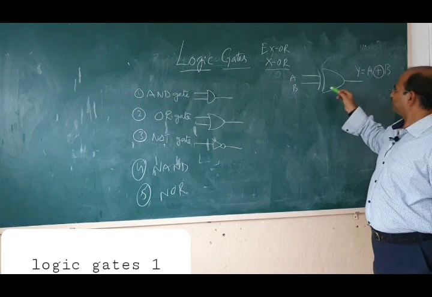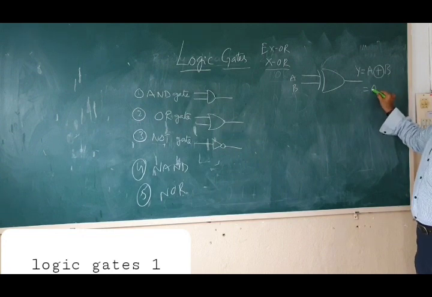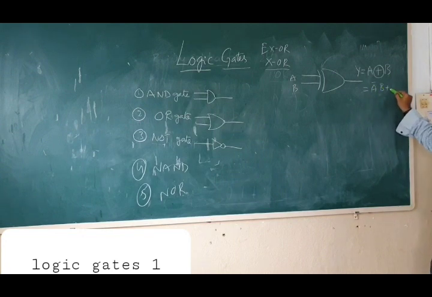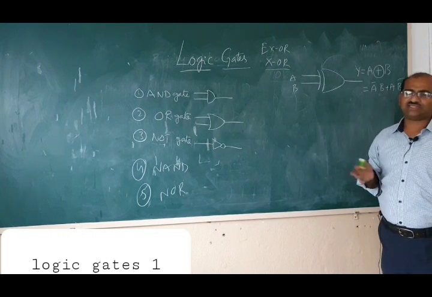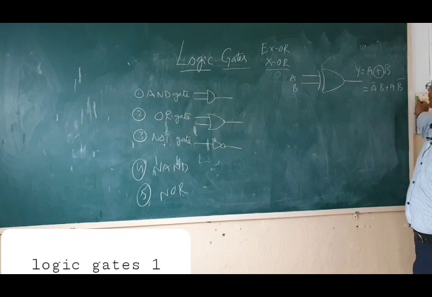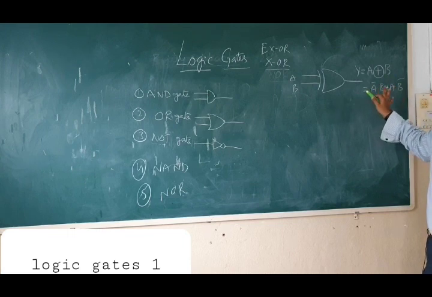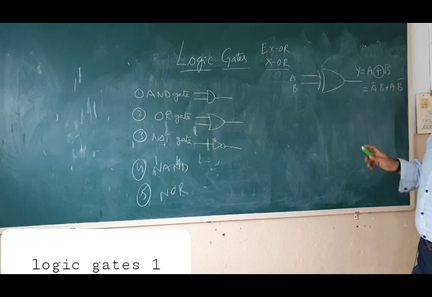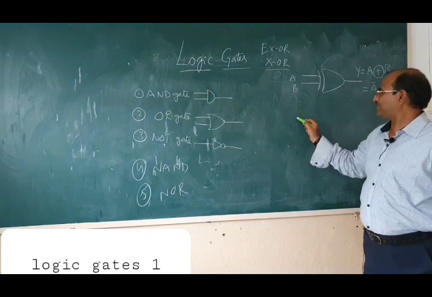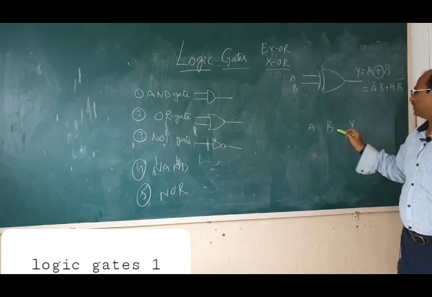Now the logic A XOR B, later we will prove it, is nothing but A complement B or A B complement. This is equal. There are 3 or 4 definitions we will discuss if required later. This definition is somewhat helpful for us, so I am writing this. We will prove all this in later classes, don't worry. So Y is A XOR B. What is A XOR B? Simple. A, B and Y.